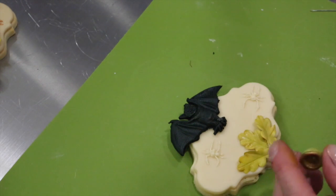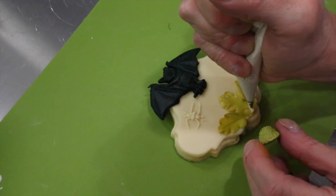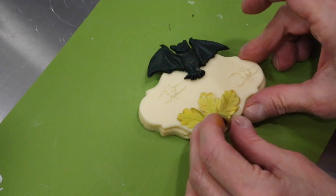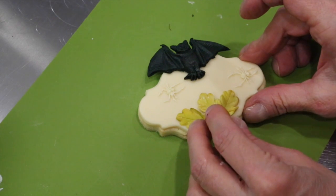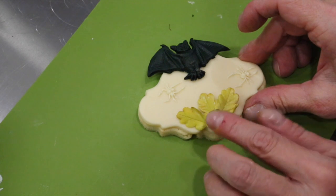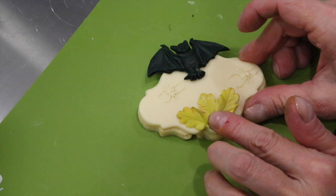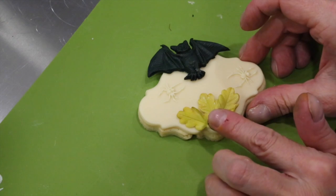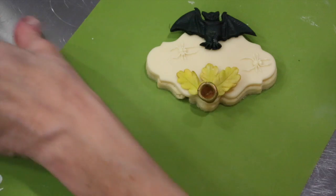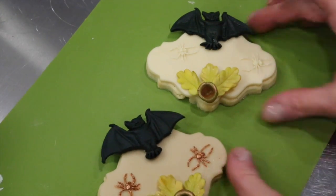Actually, I do have a painted acorn cup. I was wrong. When you go to put your acorn cup on, make a glob right here in the center, like so. I thought I had everything prepared. And then decide if you want your acorn cup to be coming down a little bit or sitting on your leaf straight up. I want him to angle down a little bit, which will also bring up my leaves. And there you go. You have your critter